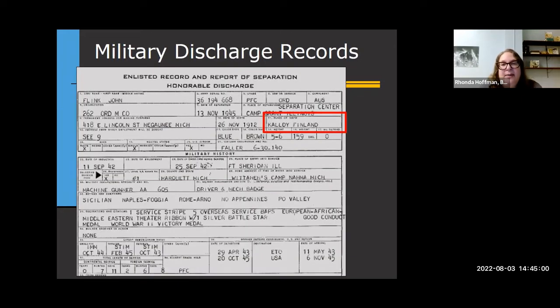Military discharge papers can also include foreign place of birth. This is for John Flink of Kaldi, Finland. Military discharge records, it may be something that your family member has kept. When someone was discharged, they would also often file a copy of their discharge papers at the county clerk's office, wherever they settled when they were out of the military, just to keep it on file in case they need it for something. And you could also order a copy of this from the